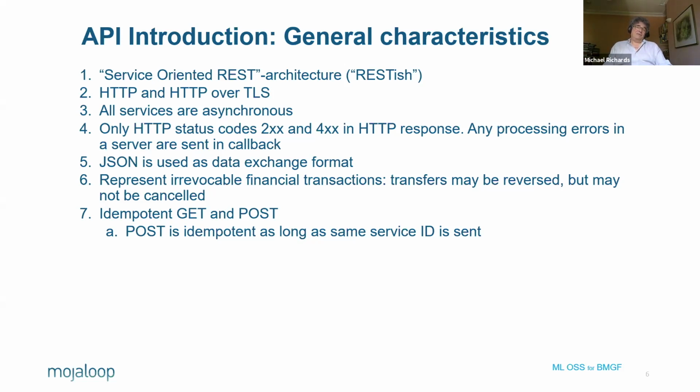If it turns out that a transfer has been erroneously made, for instance, if someone has specified a destination account that they didn't really mean to send it to, then that has to be rectified by a reversal, i.e. another transfer which is made from the erroneous recipient back to the original sender. And of course, because we only support push payments, the erroneous recipient has to give consent to that.